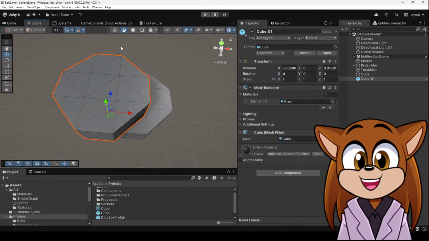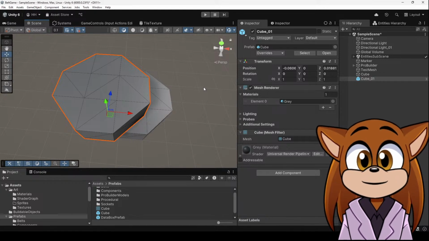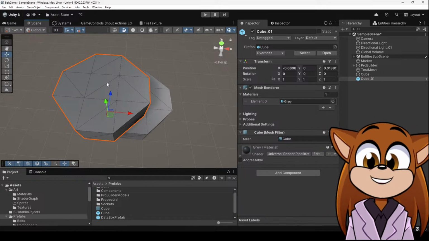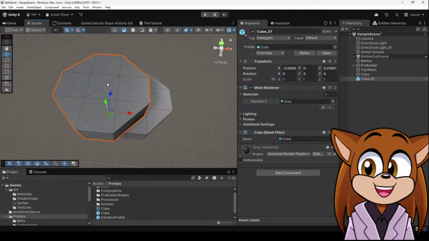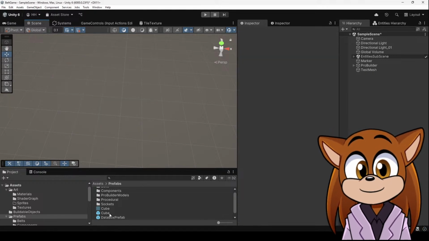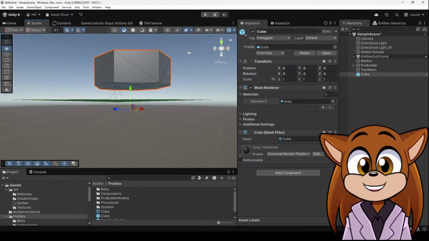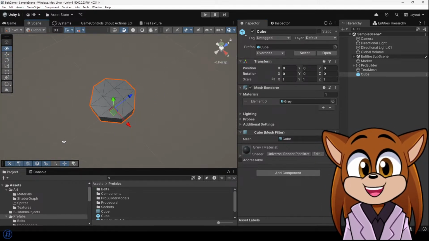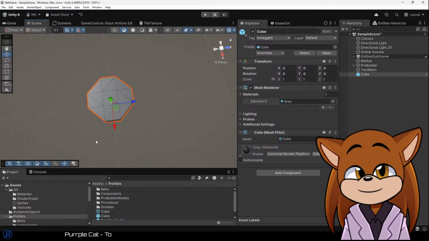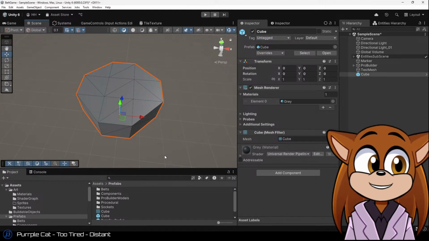The problem with this, however, is I now don't know what order the vertices are in. So we're going to have to try and manipulate them one at a time. If I drag the cube in, and we'll just reset its transform, it's set here like this, bottom. What we want to do is the same as we've done before: the center ones we want to expand out and then put all the other ones around it. So I need to know which vertex is which, and the only way of doing this is going to be